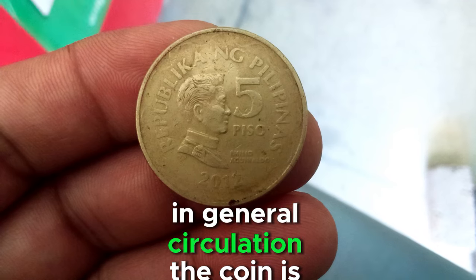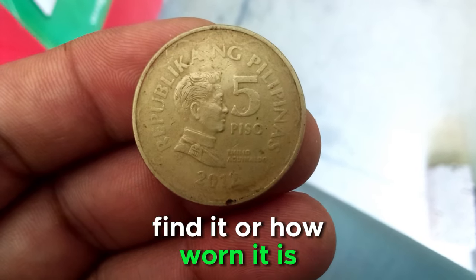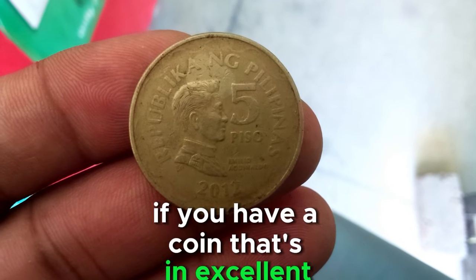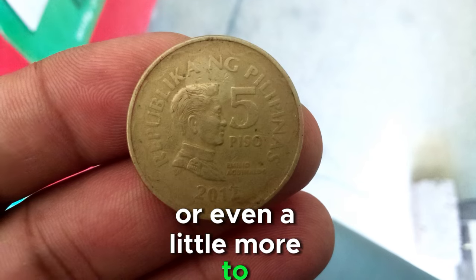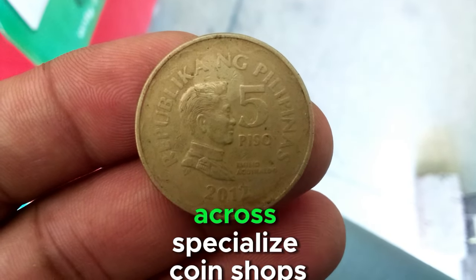In general circulation, the coin is still worth 5 pesos, but depending on where you find it or how worn it is, the value could be a little different. If you have a coin that's in excellent, uncirculated condition, you might be able to sell it for around 10 to 15 pesos, or even a little more to collectors who are seeking it for their sets. However, most of the coins you'll come across